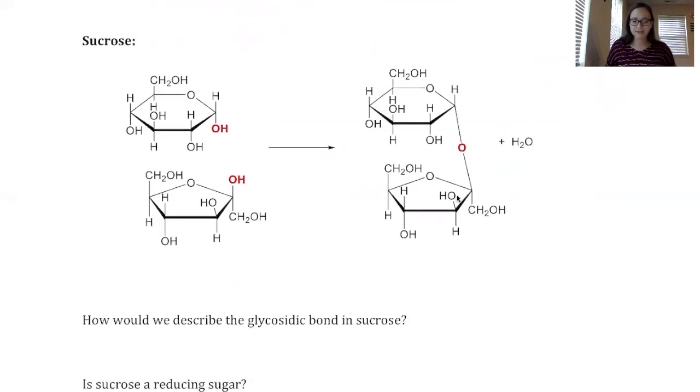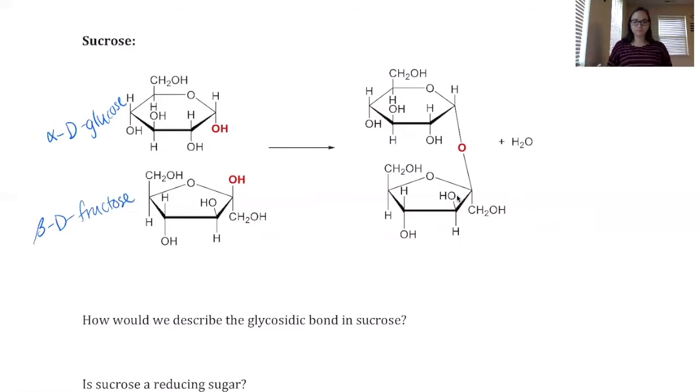Okay, and then the last disaccharide that we're going to be talking about is sucrose, which is going to be the combination of, now you see we have kind of an up and down situation because of how this bond is oriented. So we have alpha D glucose and beta D fructose